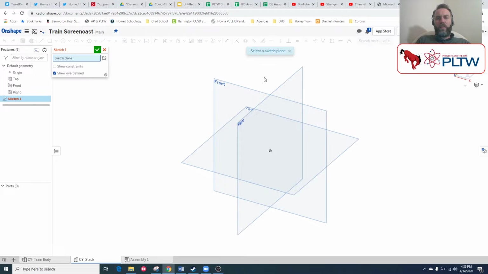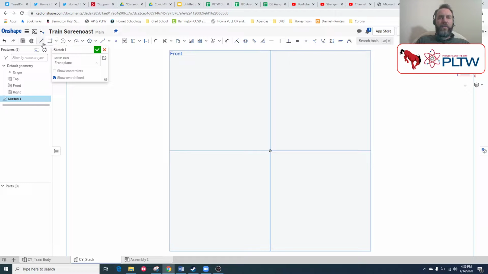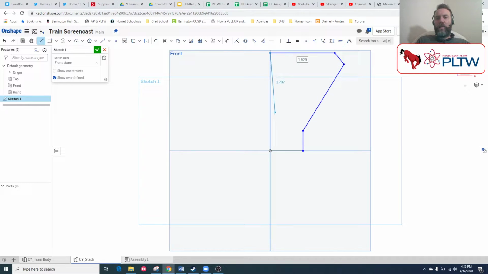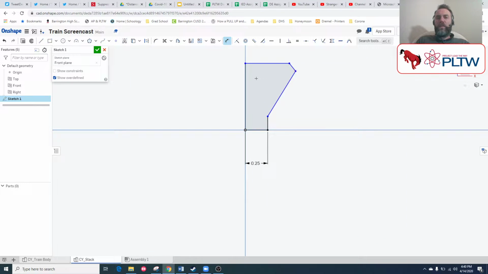So let's start a sketch on my front plane here, navigate to that front plane, and I'm just going to draw the general shape. I'm not even paying attention to dimensions here. So this is my general shape, something like this, and close it off. And I'm just going to dimension a bunch of things. So it takes that first dimension and scales everything along with that. So 0.25, it's got a 1/2 inch diameter on that. From here to the center line,